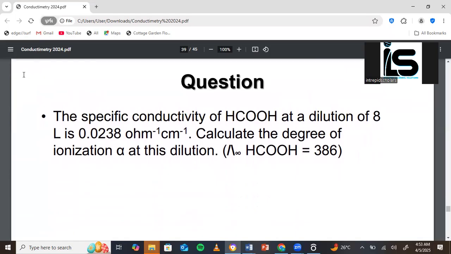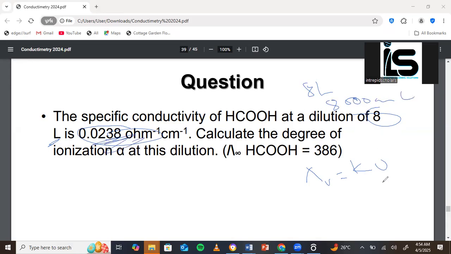Now, they are asking us to find the degree of ionization. What we have to find, first of all, is the kV, right? We have the equivalent conductivity of V is equal to kV. Now, K has been given here. The V has been given, but it has been given in the wrong unit, right? It has given me 8 liters. We have to change it to milliliters. That will be 8,000 milliliters. So we just multiply 8,000 milliliters by this one, and that will give us our